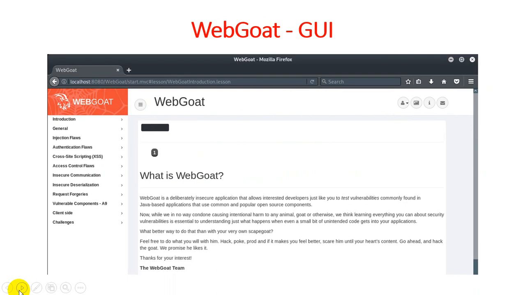So it is a GUI which we can identify the same as the DVWA tool, and there are lots of features available in the left hand menu. If you want to perform any web vulnerability testing with lots of features, you can just go through the particular menu and provide the URL of your targeted website. So guys, this is what we learned in today's video lecture, DVWA and WebGoat.